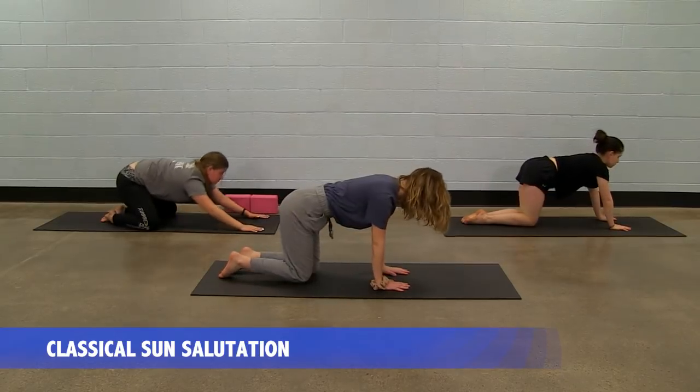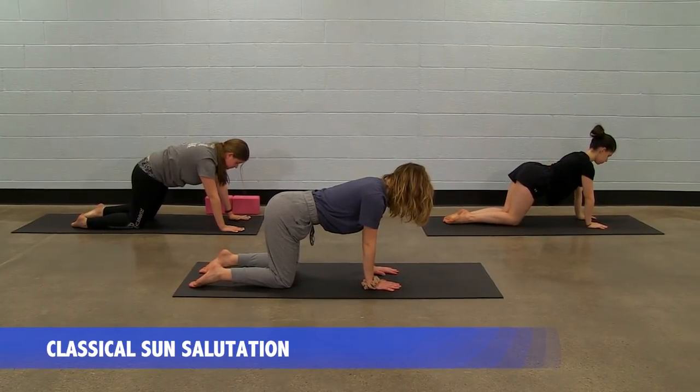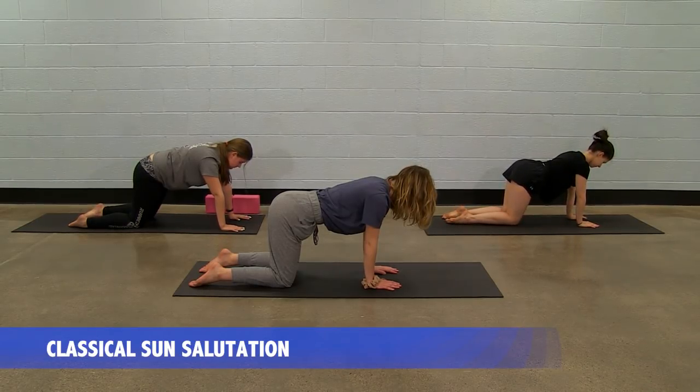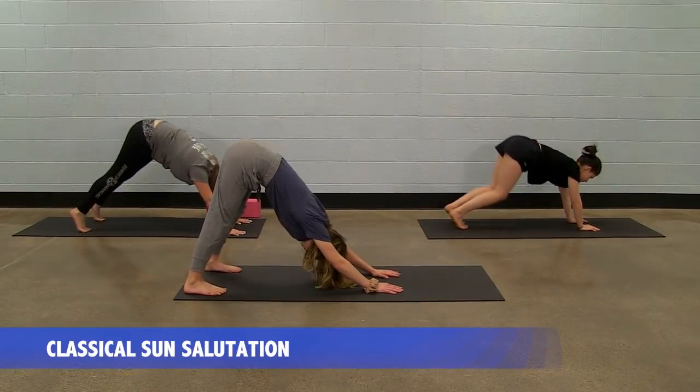So wrists directly under shoulders, knees directly under hips. Nice neutral spine, and your neck is an extension of the spine. So gaze is straight down at the earth. Chloe, we can bring your hips back just a smidge and then drop your head. Yeah, perfect. So from this tabletop, go ahead and curl your toes under, lift your hips high, deep diagonal from wrist to shoulder,